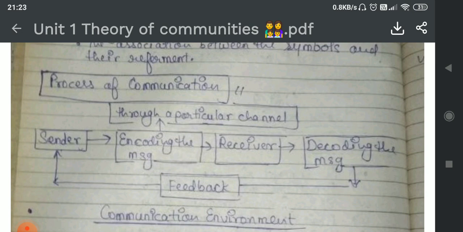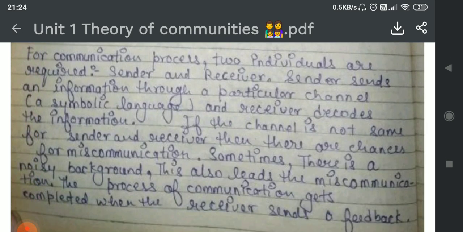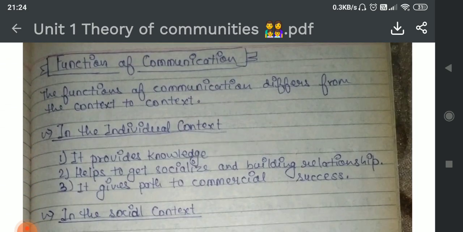That's why sometimes there is noise in the communication. Noise means, suppose, background noise, the environment is a bit noisy, so you won't be able to deliver your ideas very well. Or even if you do, maybe the other person would not be able to hear you because of the noise. So noise and all these things create hindrance in the process of communication. This is what I have explained here also. You can read it out and we will go ahead with the other topic.